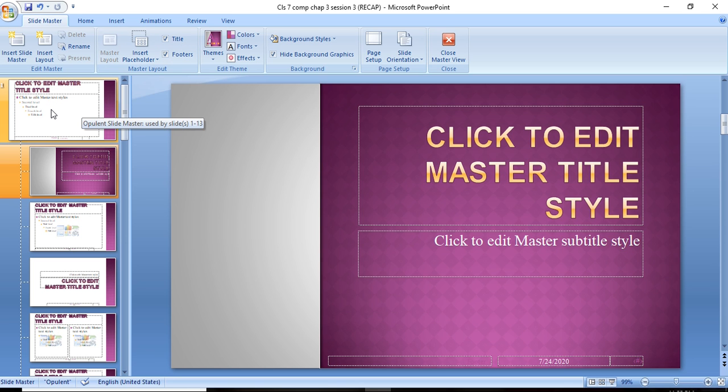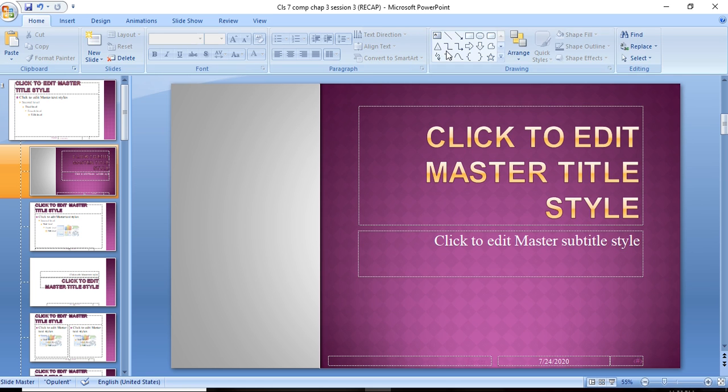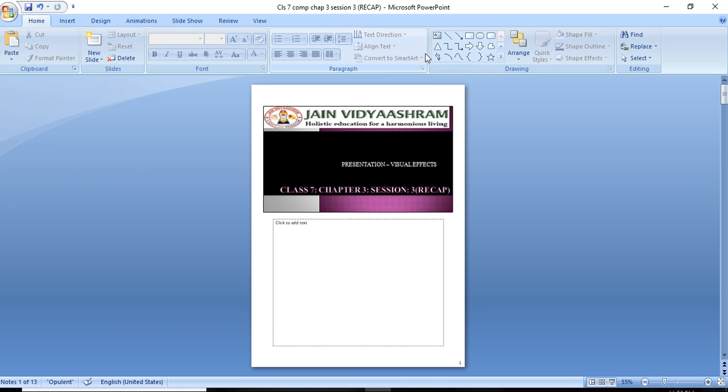There, you can set the background color, font style, or any other effects. Whatever you add to the slide will affect all the other slides. So this is slide master view. The first slide will be the global slide. By clicking the Close Master View button, you can come back from the slide master view.